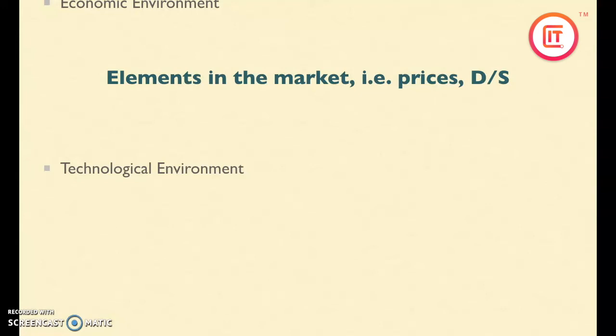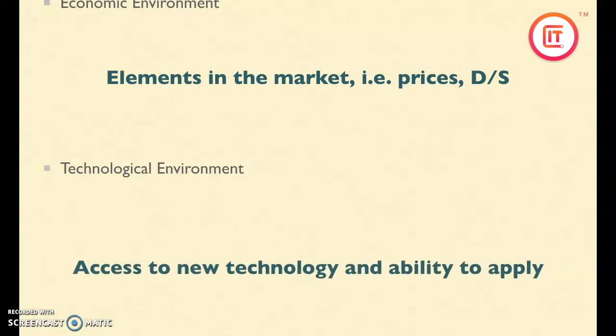And fourthly, the technological environment. This is quite straightforward. It is just how the company can access new technology, and whether or not they are able to apply this new technology smoothly and efficiently in managing their public issues or managing the relationships with their stakeholders, like customers, employees, shareholders, just to name a few.